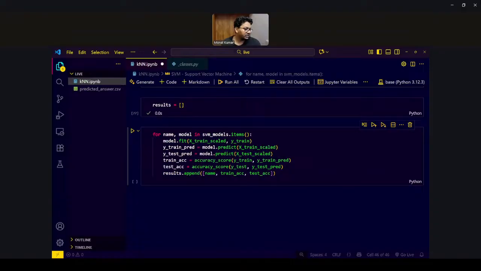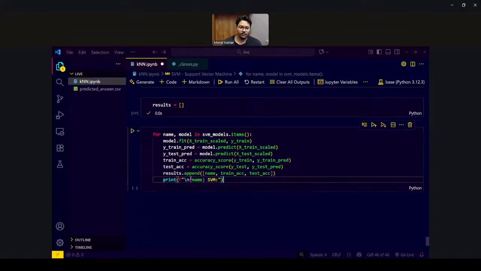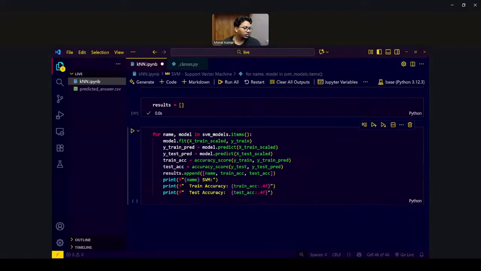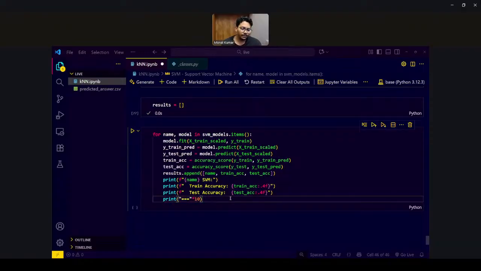Then we can also print it. What is the train accuracy and test accuracy? So currently I'm printing the current name and current train and test accuracy. And I want to differentiate multiples by this separating line in the print statement. When I print it,